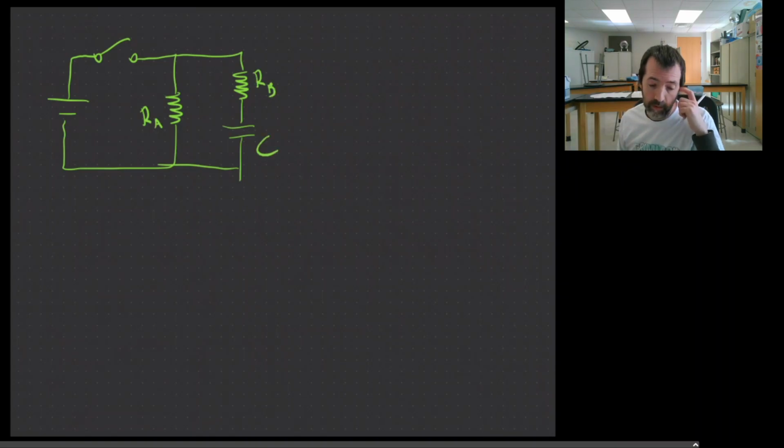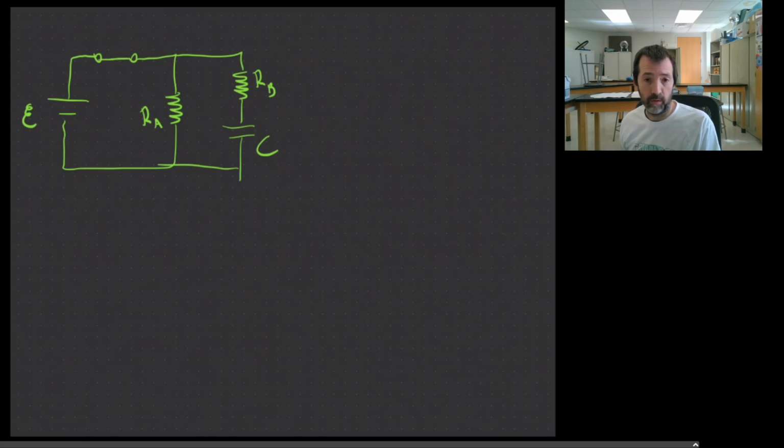The last thing that I want to do is show you one example of how they can make this kind of thing a little bit trickier. I'm not going to do a full analysis of this, but you're going to see some questions like this in the work. So I have two different resistors, RA and RB, this capacitor C, and my battery E. Right now I have the switch open, which means nothing's happening. The capacitor is empty. If I close the switch,